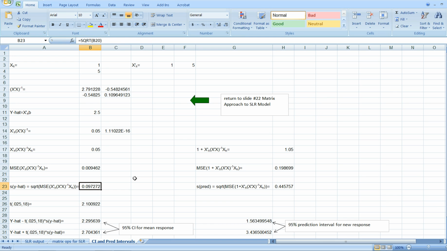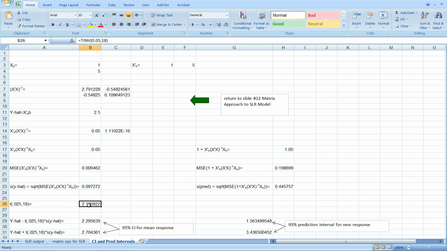Finally, we need to find the t-value associated with a 95% confidence interval, and we can use the t-inverse function in Excel. Again, go to the toolbar to do that, where we have n minus 2, in this case 20 minus 2 or 18 degrees of freedom. That value turns out to be 2.1. So we take our y hat, which is our 2.5, and we add and subtract the stuff to it, where the stuff is the level of confidence and the